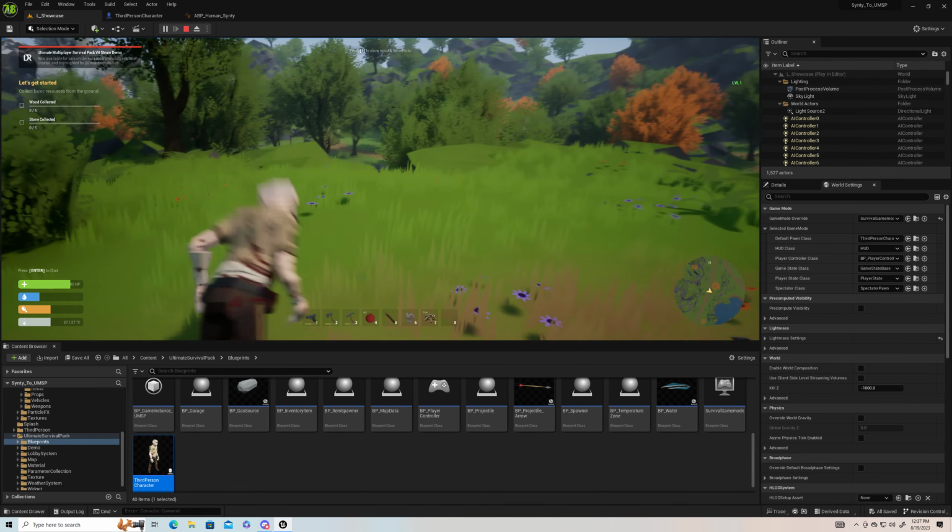most asset packs, they're using the Unreal Engine 4 mannequin. So it's very simple. You just swap out this mesh and you have access to all the animations and everything. But when you use any character from Synty characters to Mixamo characters that are not rigged to that skeleton, you set up the IK rig retargeter to get those animations. And when you do all that and create your animation blueprint, now you have to go back through this asset and you have to swap out all those animations for your newly retargeted ones for them to work properly. And so that was the issue. And so what we need to do